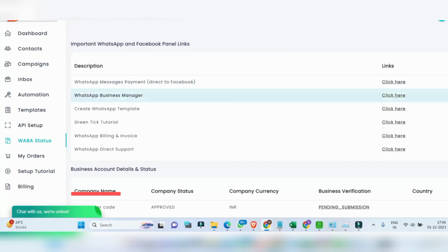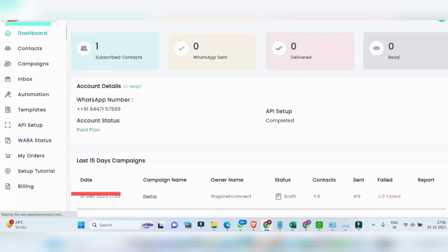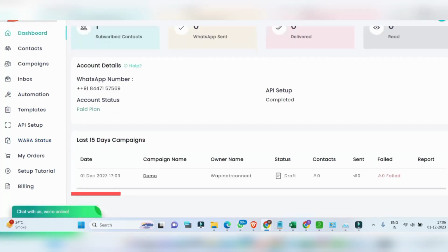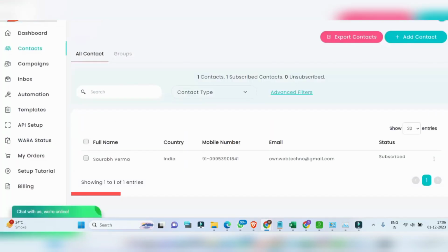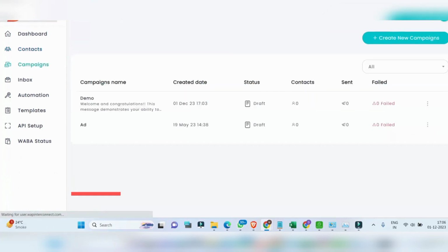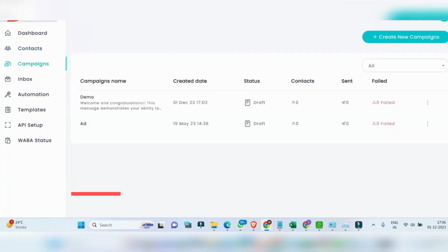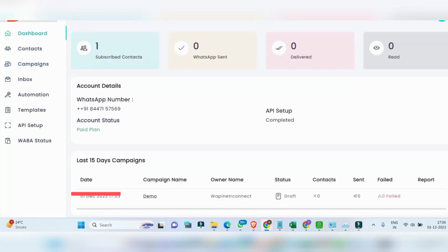If you have any doubt regarding this, you can ask me. What are the documents required for getting an API? You should have a website. After getting a website, you should have a few documents about your company, like GST or MSME certificate, anything which Facebook allows for verification.